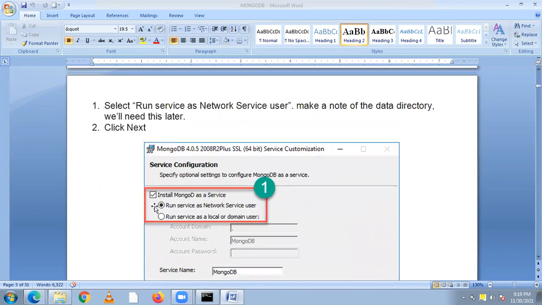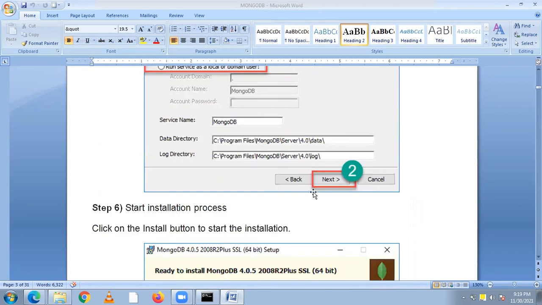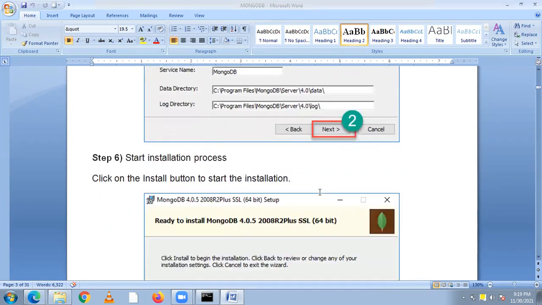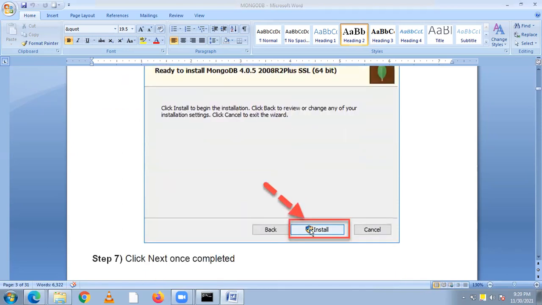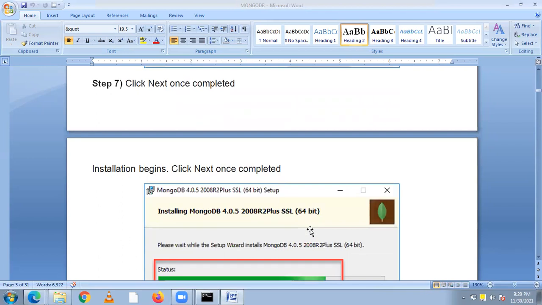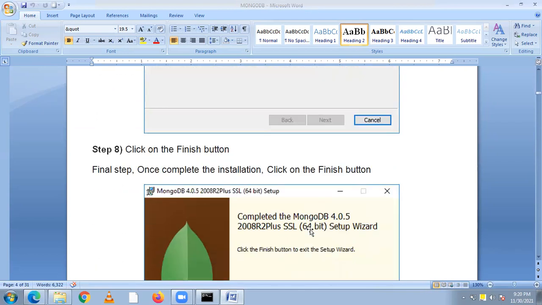After that, select install and leave the service as a local domain. So you have to select run service as a network service user and click next. It's processing, and start install. Click the install button. Then setup is completed.